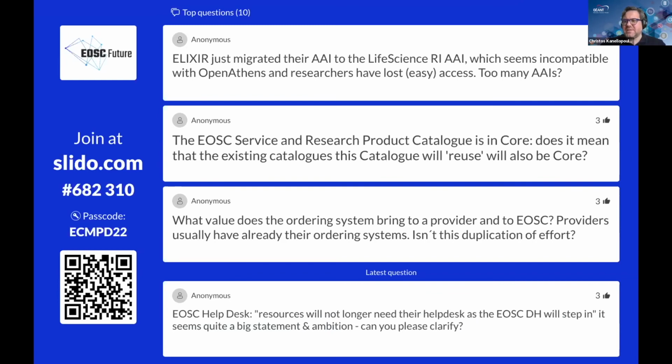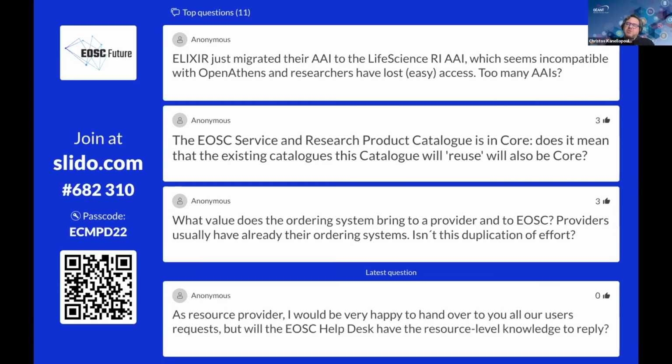This is more than 7,000 users. There are some problems, and they do deal with these problems for a small portion of users. But I think this is one of the activities that are very much supporting this consolidation of the AIs to one. Having said this, in relation to the EOSC AI, let me say that the EOSC AI is not here